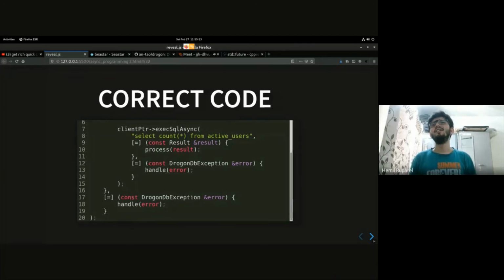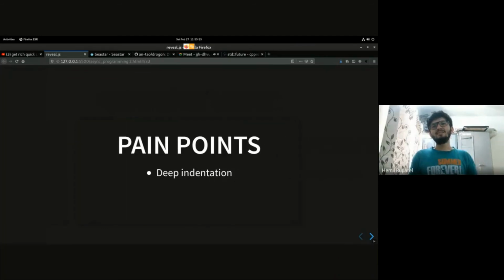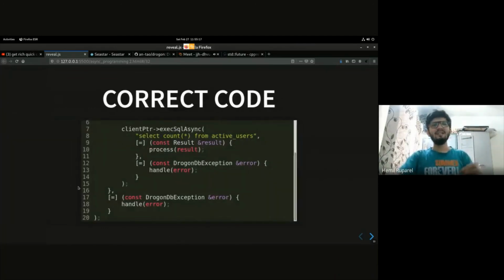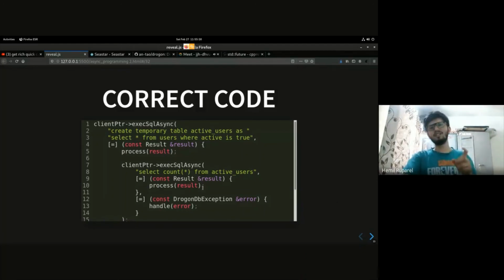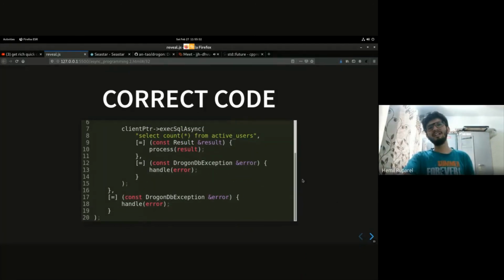Yeah, sure. But we can already see the pain points, right? We are having deep indentation. For example, if you look at this, we have 1, 2, 3, and 4 level deep indentation only for executing 2 SQL queries. And if you look carefully, we are duplicating the handling of error.